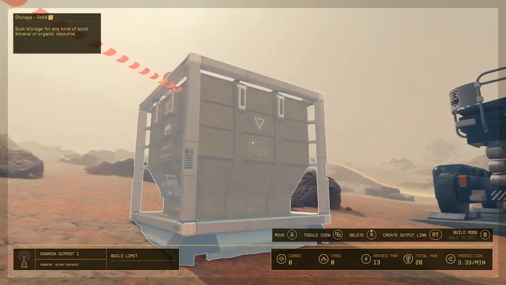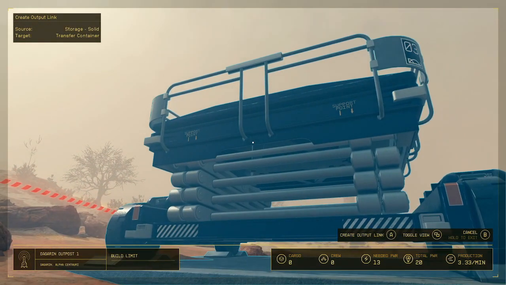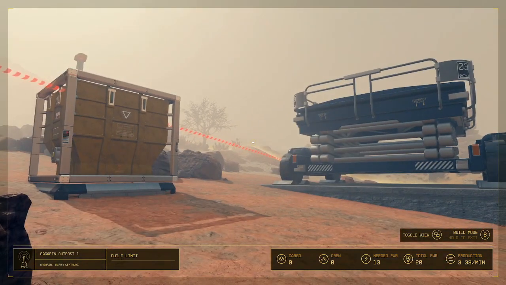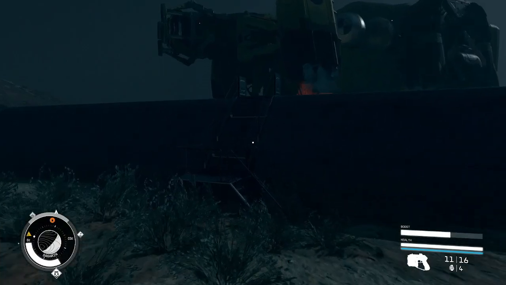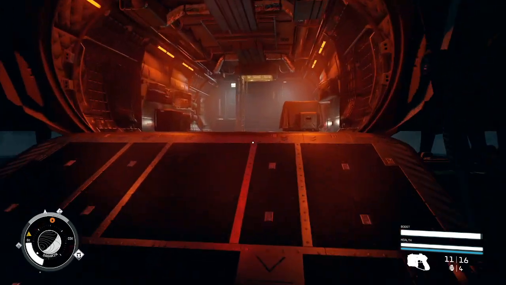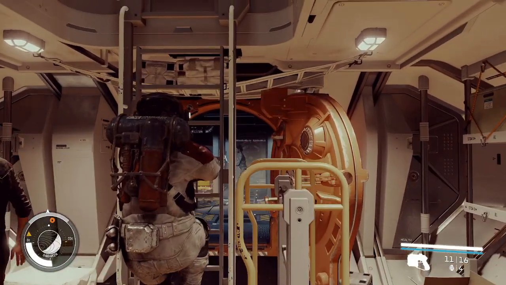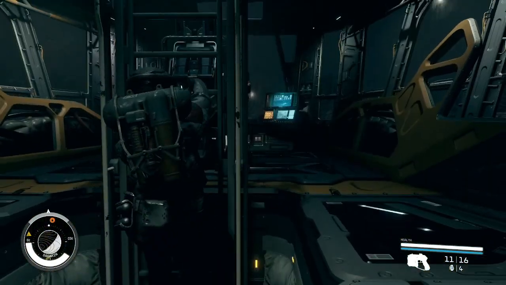If you actually want to save the lead, you're going to have to build a transfer container, and you're going to have to build a landing pad in the outpost so that you can transfer the lead that is in your storage container, or whatever resource you're harvesting, to your ship. Obviously, you cannot carry 100 pounds worth of lead or whatever resource you have. So you'll have to build a transfer container, then build the landing pad, and then go into your ship. Once you're in your ship, you can find the cargo hold. It'll be different depending on the type of ship that you have. For me, it's